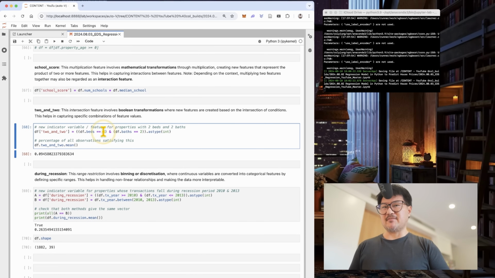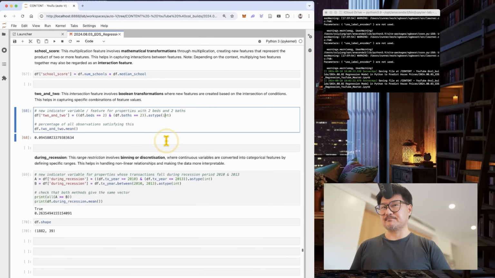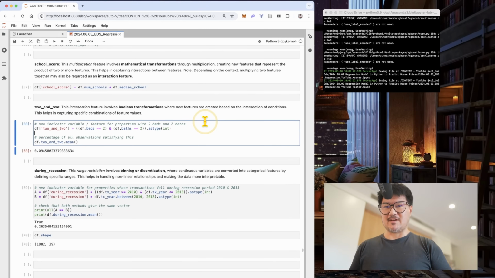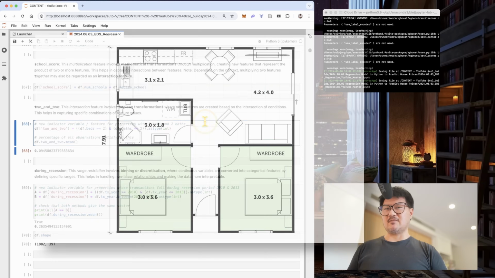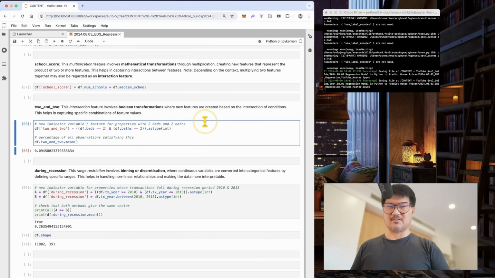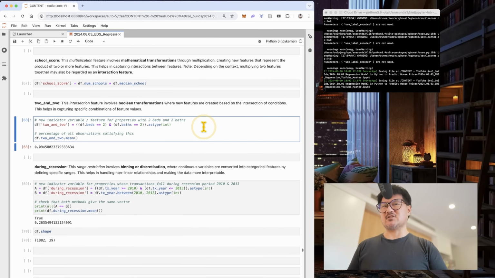Then, I'll create a feature called 2 and 2 that captures when we have 2 bedrooms and 2 bathrooms. This is where, as a data scientist, you might leverage your domain knowledge and say, hey, properties with these sorts of attributes tend to be popular for both home occupiers and investors and might have a useful relationship with the